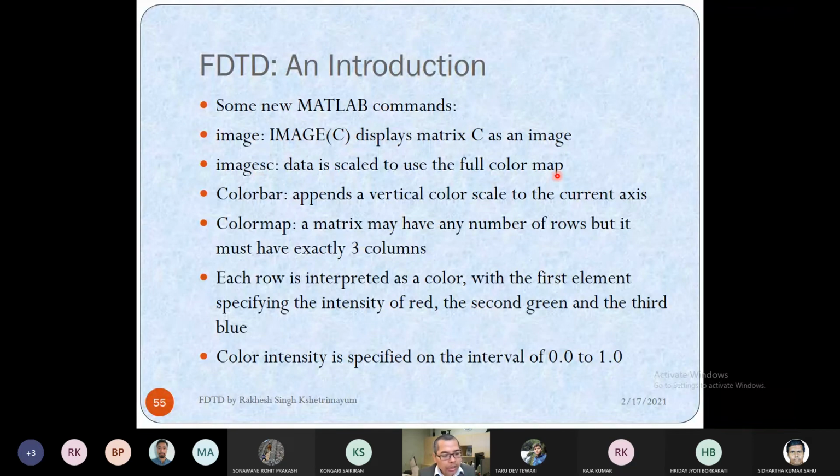Those you want to display on your FDTD simulation, so you can scale the image first, then you can show the color bar. The color bar will show which color is giving the maximum field, which color is giving the minimum field. You can have a color map,